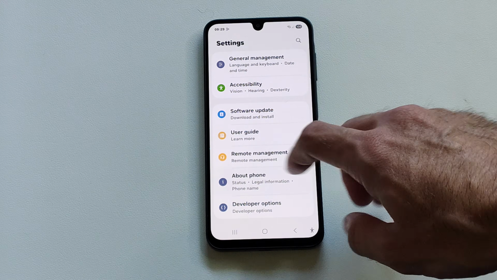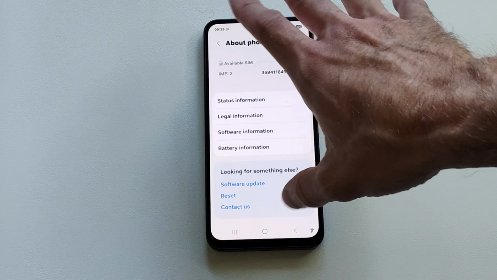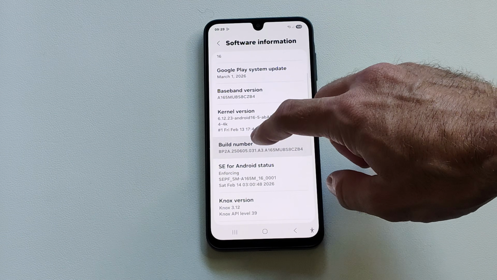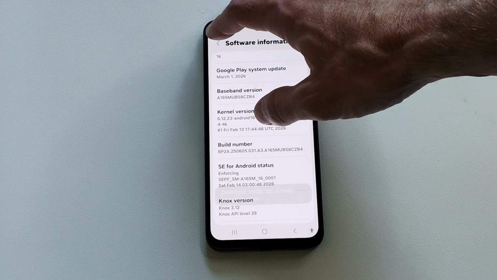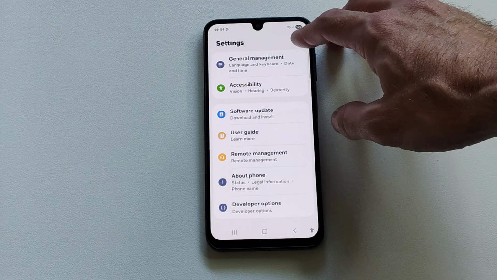So go on down to about phone, click this, then go on down to where it says software information, otherwise build number might be under here. So go to build number, tap this 5 times. Back out. Now we can go to developer options and find it under there, but I'm just going to go